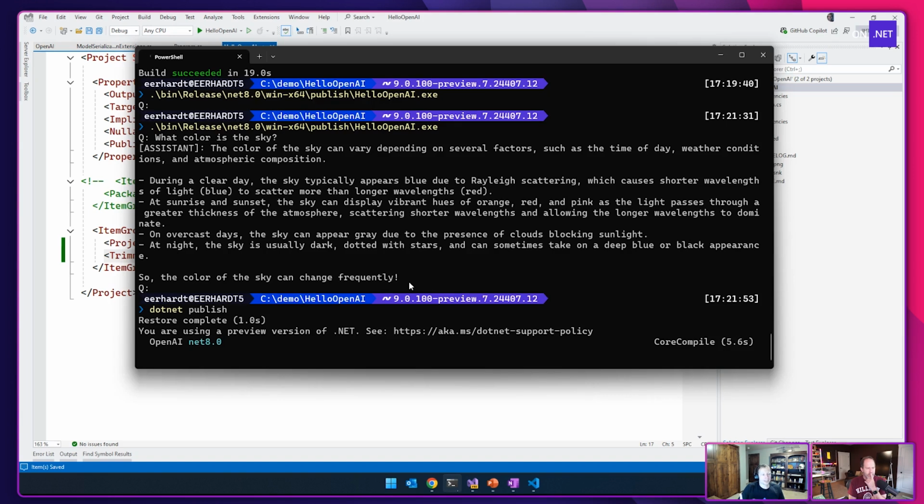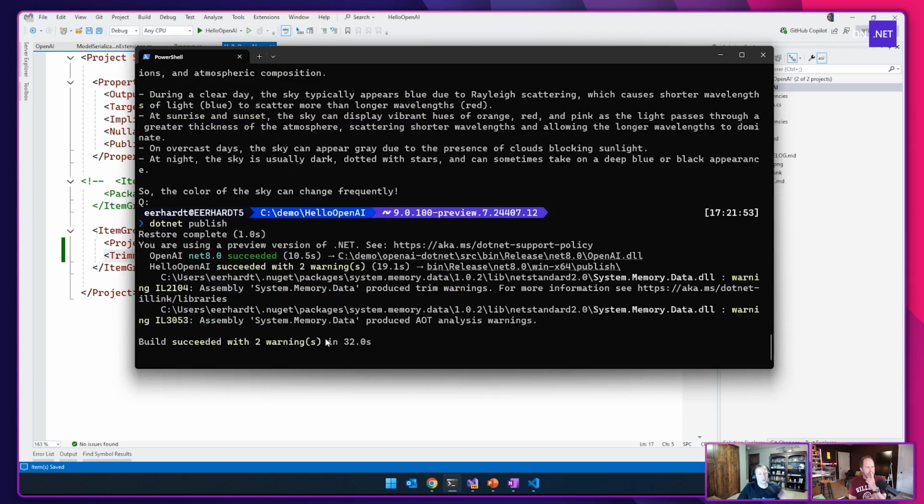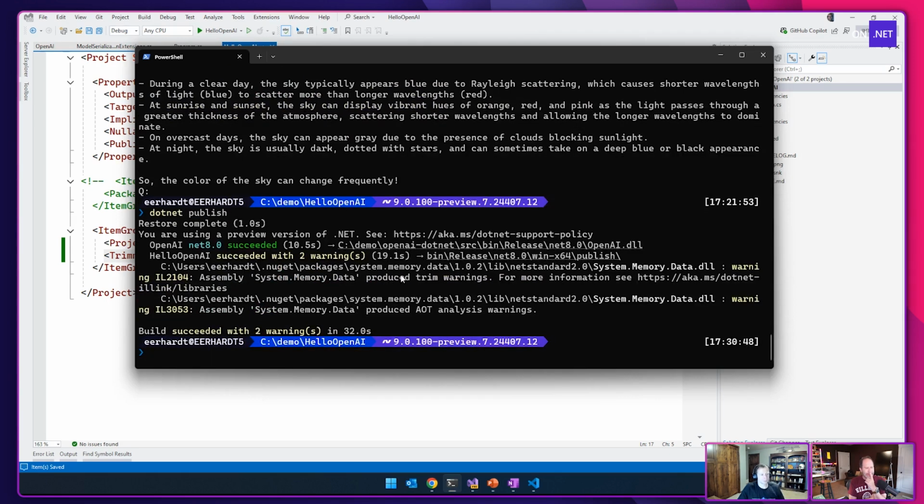My recommendation is to do both things, turn on the Roslyn analyzers because the inner loop is so much better in those cases, because you'll get warnings, errors or whatever as you build. You don't have to do this full publish loop every time you want to fix a warning. But you'll see at the end of this, it'll spew out a bunch more.